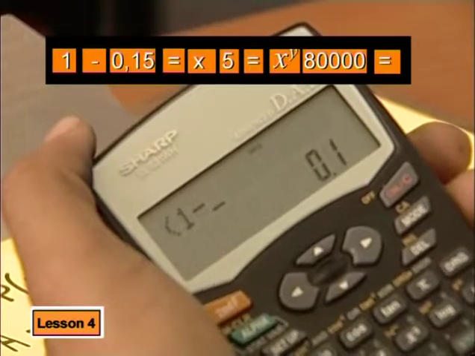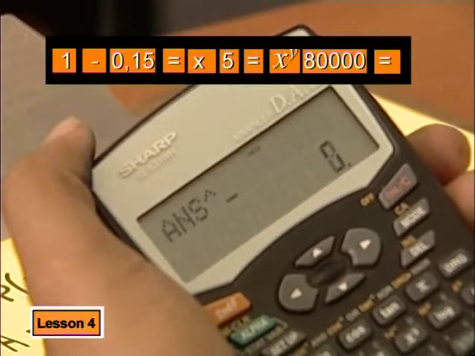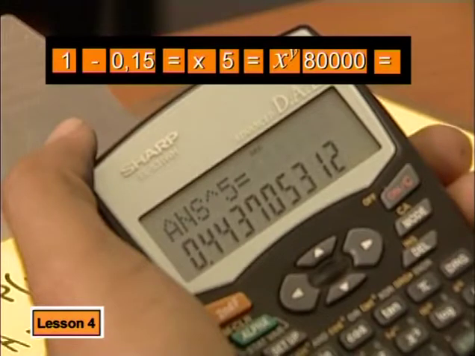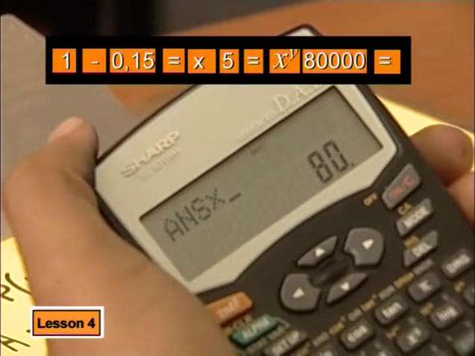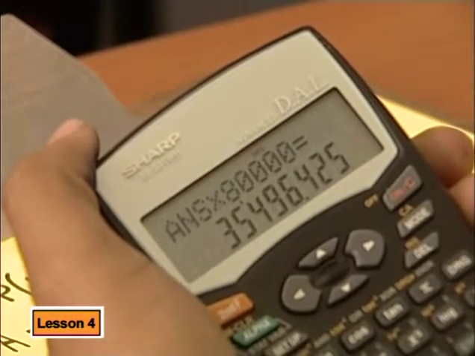That's 1 minus 0.15. Press equals to get an answer to the bracket before you raise it to the power of 5. Then to get that answer to the power of 5, press the X to the Y key and then 5. Got that. Again, you need to press equals before you carry on. Okay, I see it. Now I just multiply that answer by 80,000 and then press equals. I get